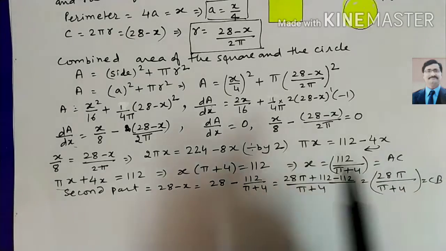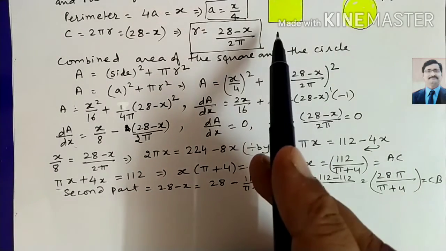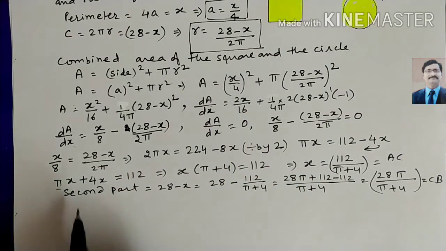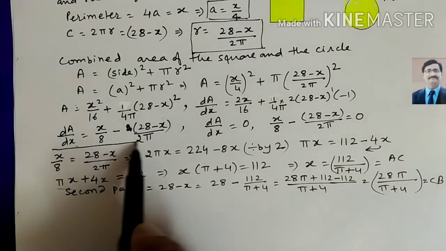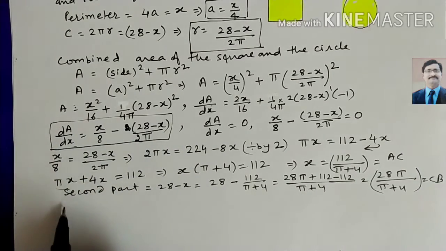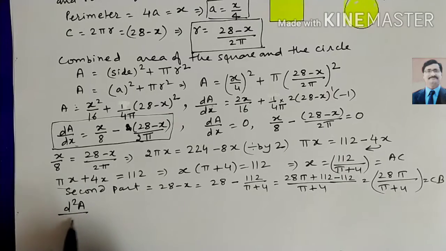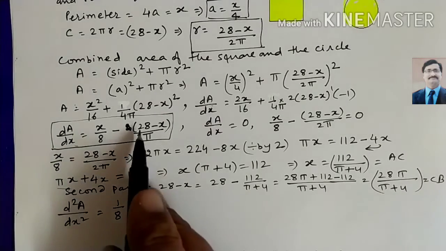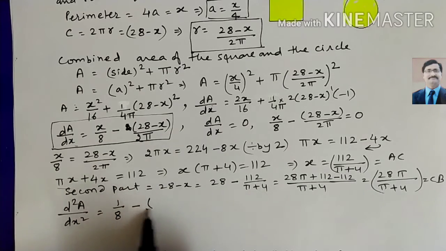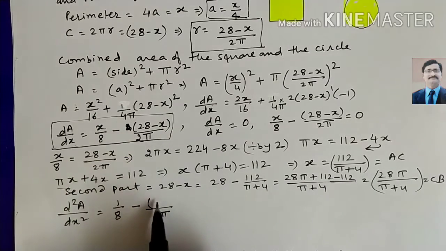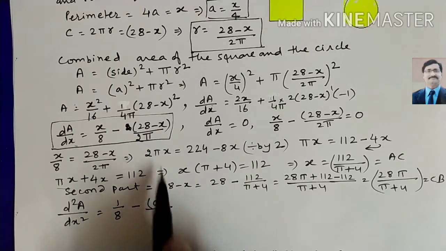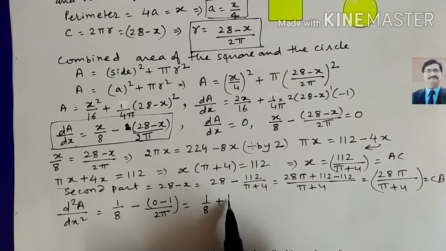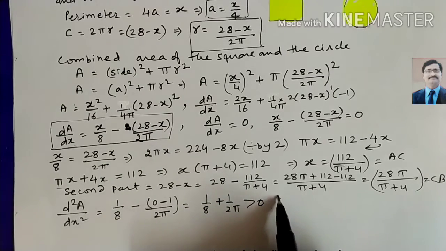On this part the area of the circle and square is minimum, that we have to find out. So for that the single differential is this, and this differential we have to do again. So d square A by dx square we get. X differential is 1 by 8, minus look here 28, this 1 upon 2 pi as it is, we can write 28 differential is 0, and minus x differential is minus 1, and we get 1 upon 8 plus 1 upon 2 pi, and this will be greater than 0 for x,